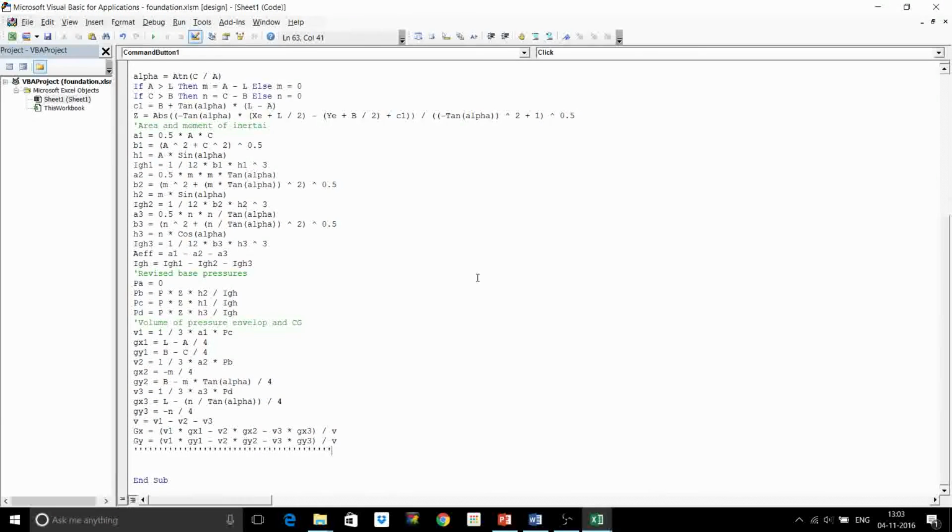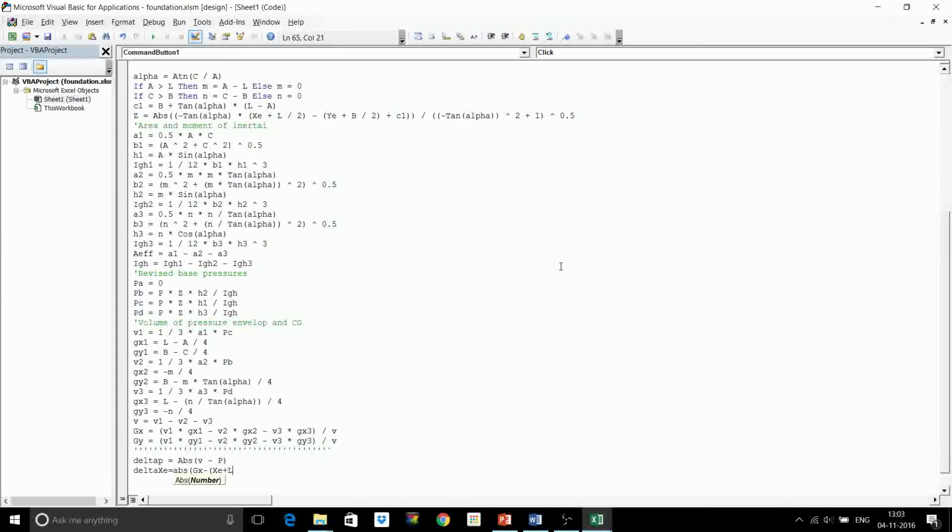Now what I will do, I will find out the error. So delta P is equal to ABS of V minus P. Delta XE is equal to ABS of GX minus XE